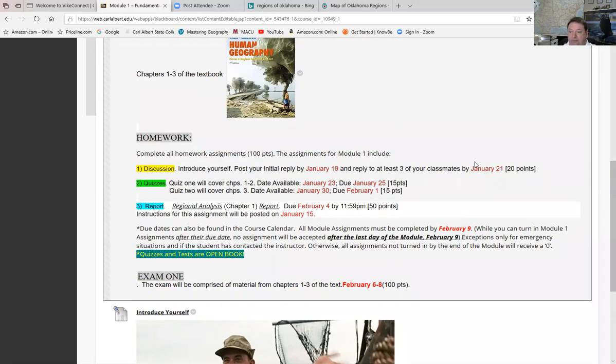And I prefer the open book quizzes and tests because once you get out into your profession, your job, your employment, if you need information about something on your job, you can look it up in a book or on the internet. So